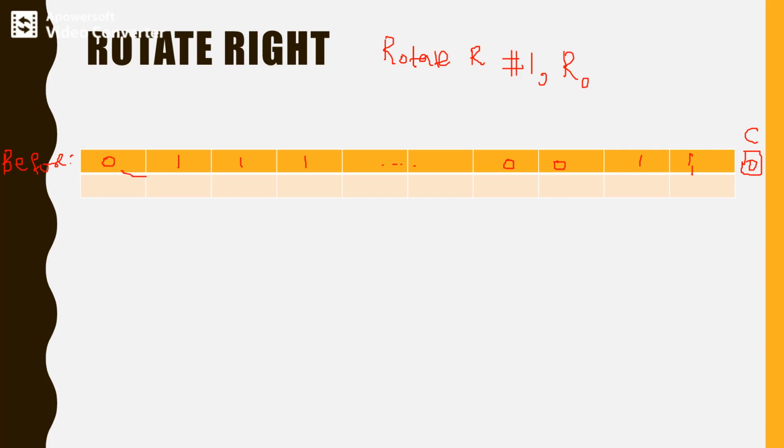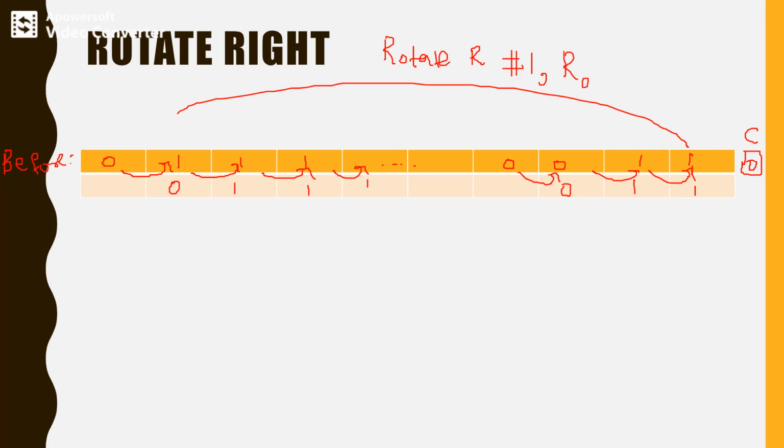Now this 0 will come to the previous location, and this 1 will go to the previous location, and this 1 will come to the last location. Check the value of the MSB. Since it is 1, append the carry value as 1. So this is how we can perform rotate right with as well as without carry value.